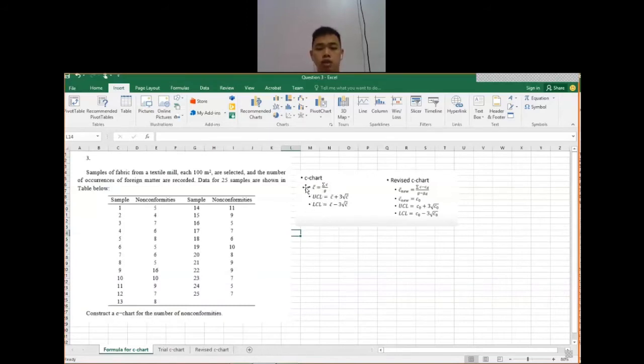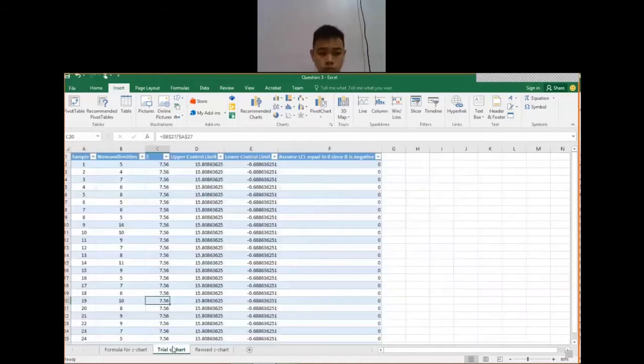So the right side is the formula for how to calculate the C bar, the upper control limit and the lower control limit, and the formula for the revised C chart. So for this question, I use Excel to solve the problem. Okay, so firstly, I key in all the data given by the question inside the Excel. Okay, and then I calculate C bar, upper control limit, lower control limit with the given formula,